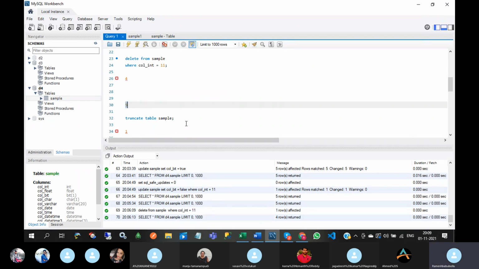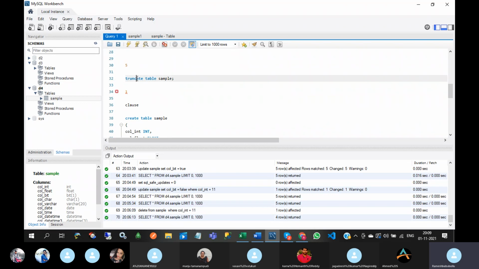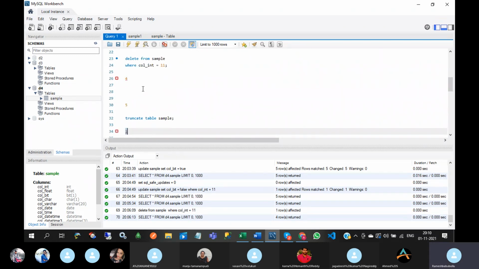How to generate the auto serial number, I will tell you later. If you use the truncate command for deleting the entire records in a table, if you run this query, then immediately all records will be deleted. After deleting the records using the truncate command, if you insert one record into a table, then the serial number starts with 1 only. This is another difference.